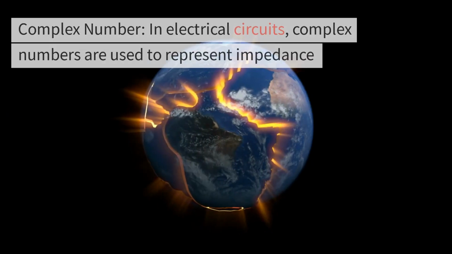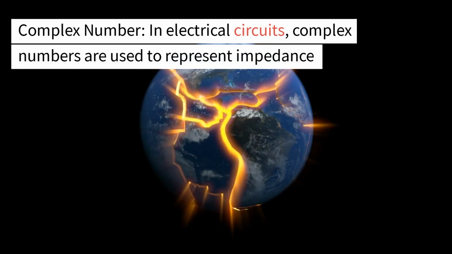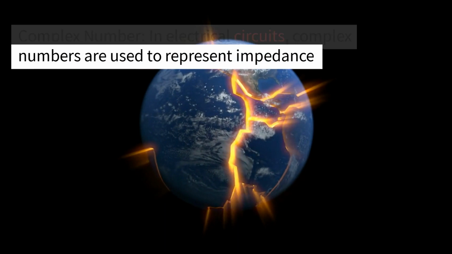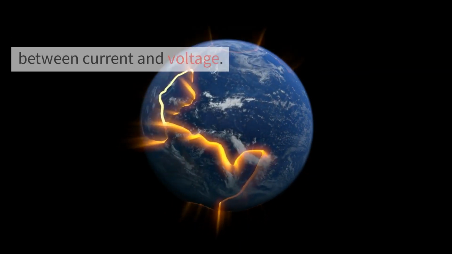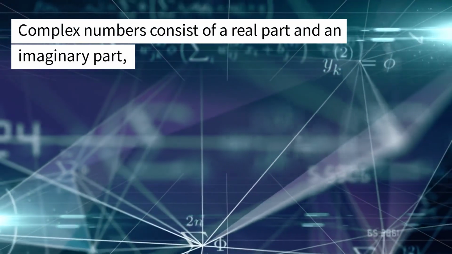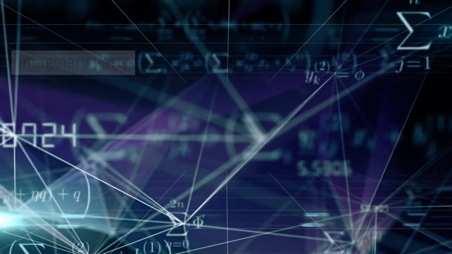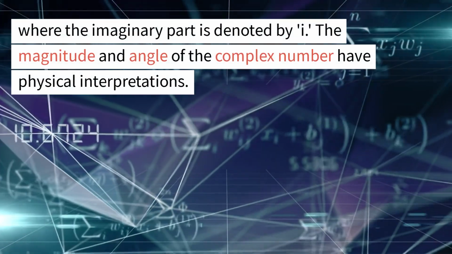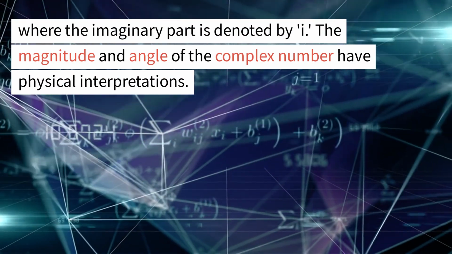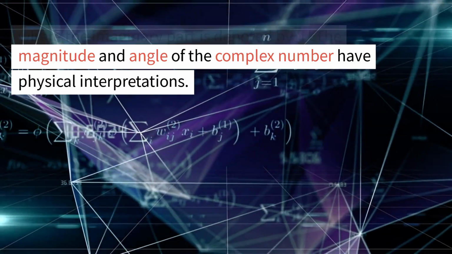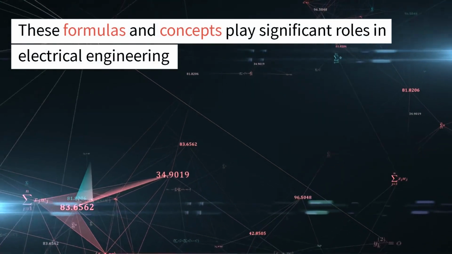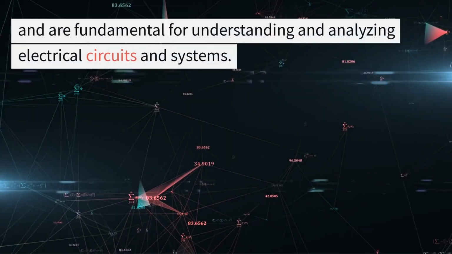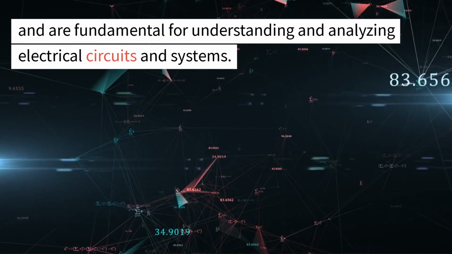5. Complex number. In electrical circuits, complex numbers are used to represent impedance and describe the magnitude and phase difference between current and voltage. Complex numbers consist of a real part and an imaginary part, where the imaginary part is denoted by i. The magnitude and angle of the complex number have physical interpretations. These formulas and concepts play significant roles in electrical engineering and are fundamental for understanding and analyzing electrical circuits and